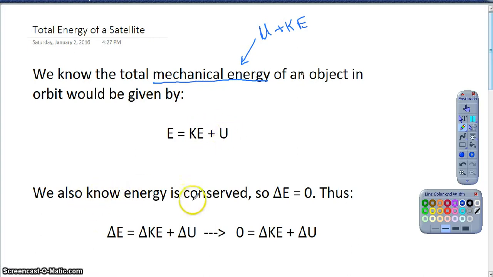We also know that energy is conserved as long as there's no outside force, and since the force of gravity is a mutual force within the system here, there isn't any outside force, right? So if energy is being conserved, my change in energy had better be equal to 0, and therefore the change in total energy would equal the change in kinetic energy plus the change in potential energy, right? So in other words, the change in kinetic energy would be equal and opposite to the change in potential energy,